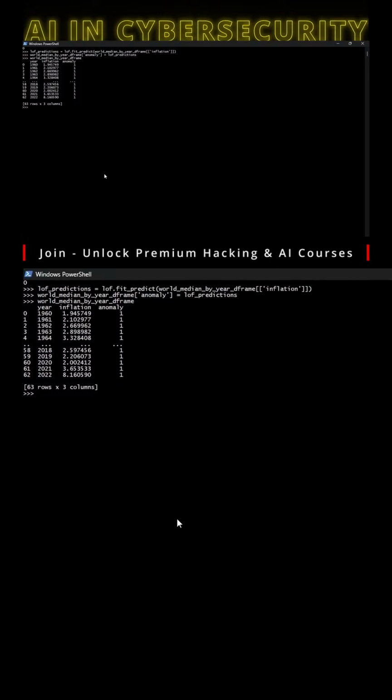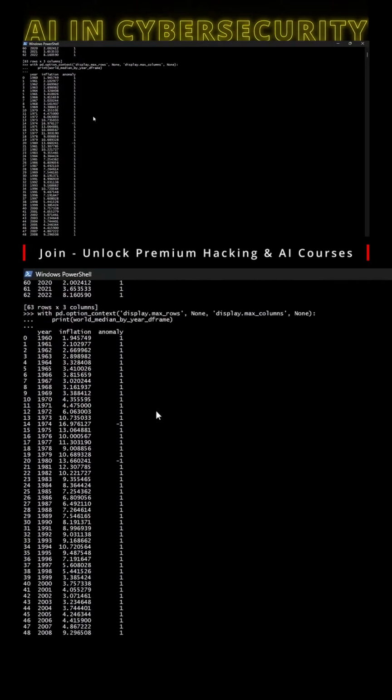So let's go ahead and print out the entire data frame and see which years the model has determined as being anomalous or abnormal. And so in the terminal, I've now printed out the entire data frame, and we can see that anywhere in the anomaly column we have a value of -1, the model has determined that that particular data point, or that year, is an anomalous or abnormal value. So the years that have been identified as anomalous are 1974, 1980,